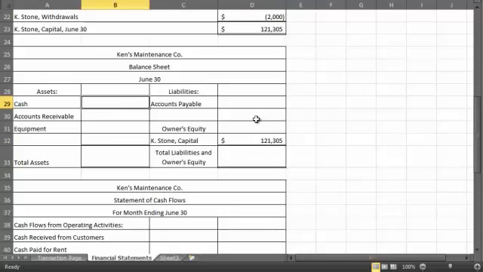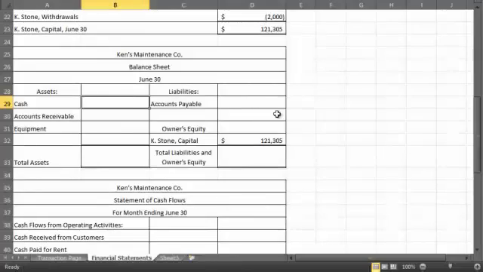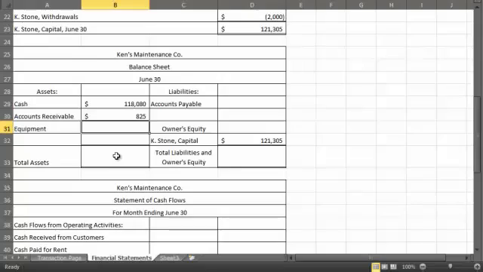So in this case, we can go back to our spreadsheet. What was the balance in our cash account? If I go here and look, my balance is $118,080. So I'll put that in my cash. And again, looking at the spreadsheet, I also saw that the accounts receivable had a balance at the end of the period of $125. And I know that equipment has a balance of $2,400. And that is all of the assets I have. So what I want to do is add up all of my assets, which gives me a balance of